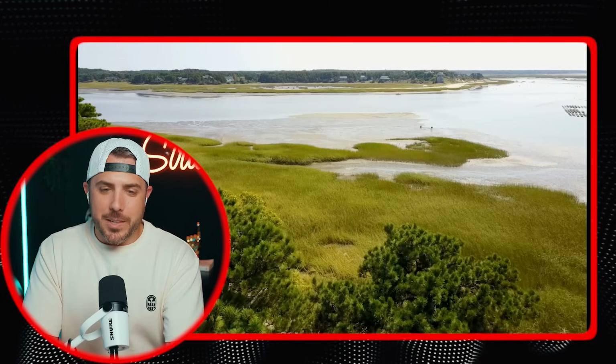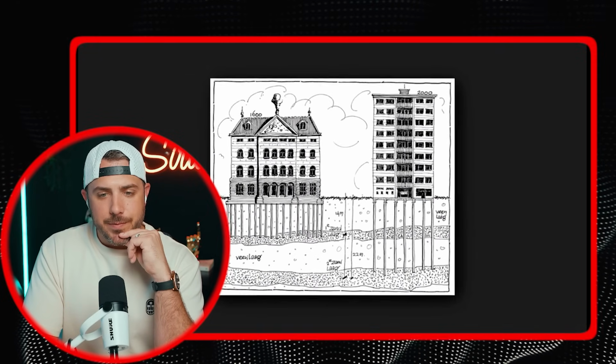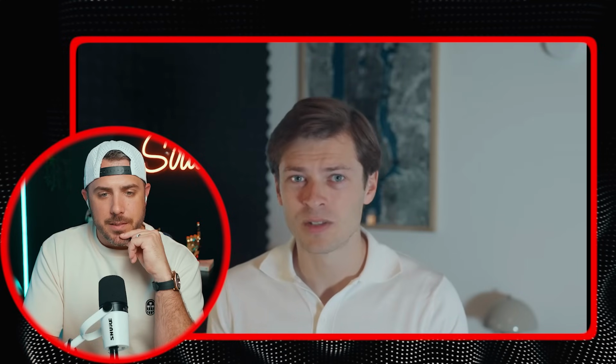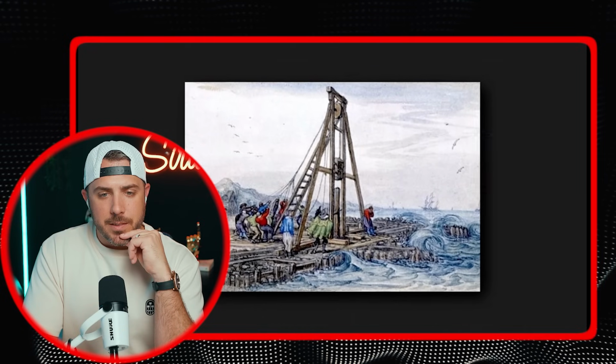Here's the issue. Amsterdam is built on a marsh, and all the houses sit on wooden piles driven deep into the soft soil. Think of these piles as stilts hammered through layers of peat and clay to reach firmer sand underground. In the old days, in the 17th century, those piles were made of wood, literally whole tree trunks rammed into the ground. A typical canal house might rest on dozens of...